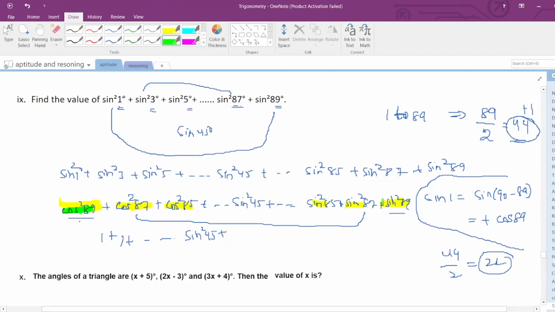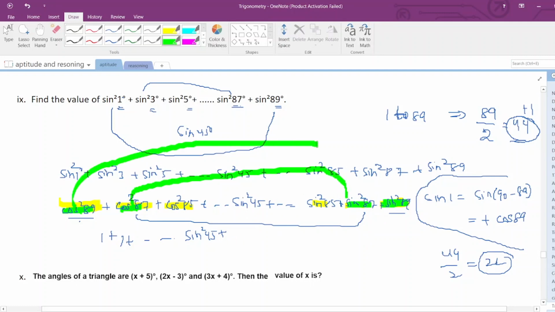This 89 is one thing, and this 87 and this one is one thing. I'm clubbing these two as a single and these two as a single. So the total of 44 becomes 22, there are 22 ones we are adding,